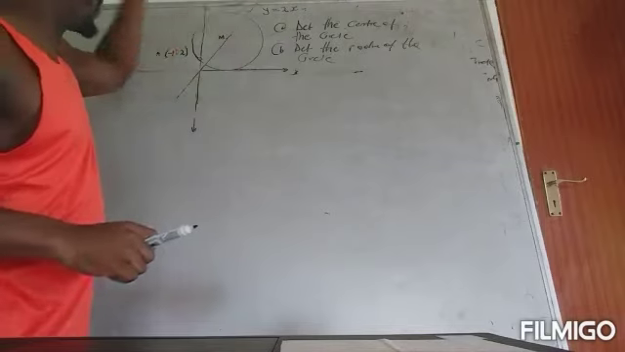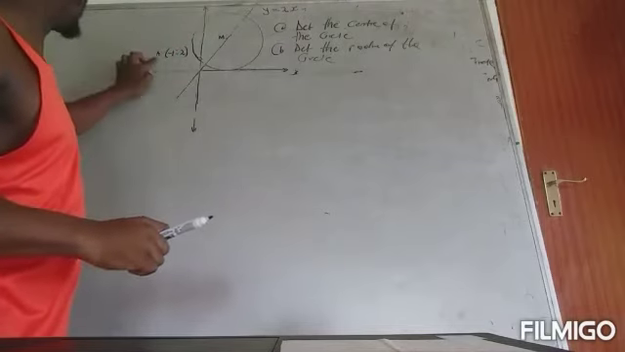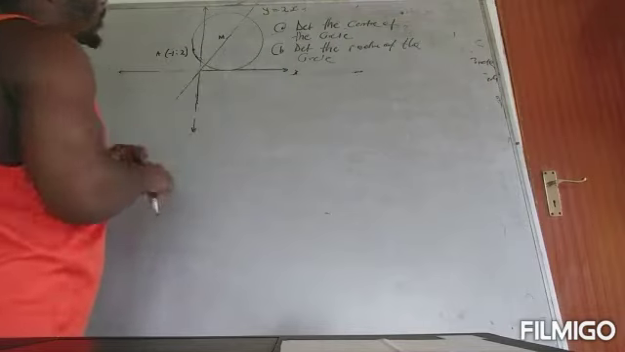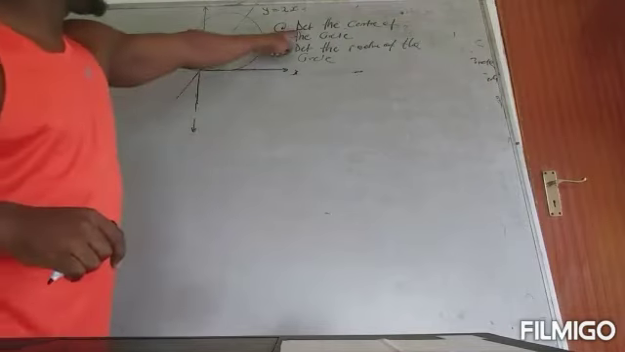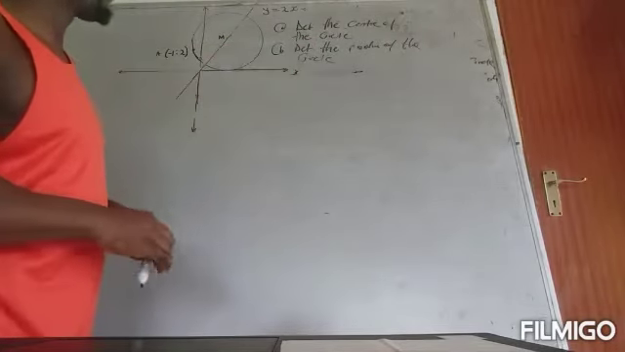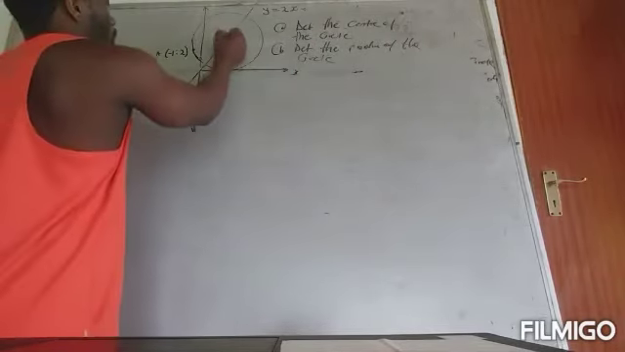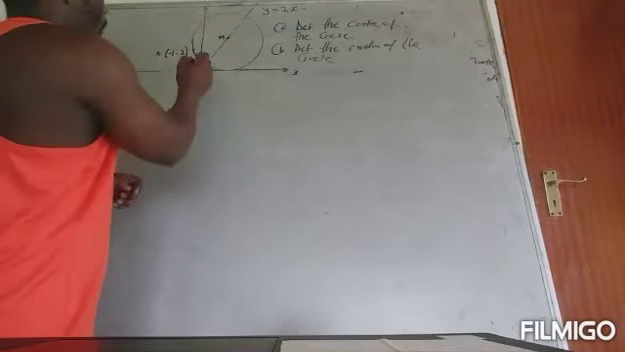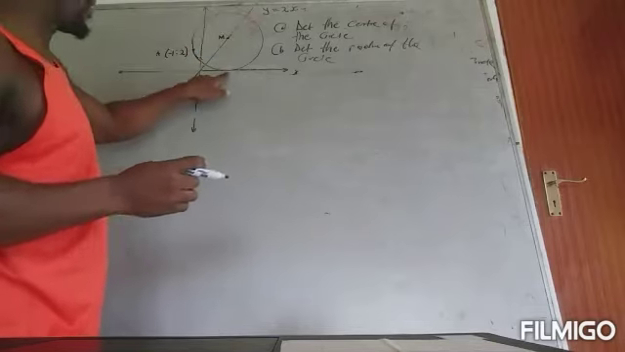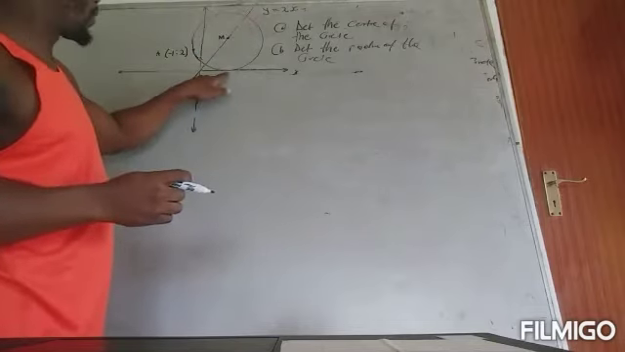Given the circle with center M and the point A on the circumference of the circle. Question: determine the center of the circle. Number 2, determine the radius of the circle. Okay, now what you should know, since we noticed that this circle touches the x-intercepts,